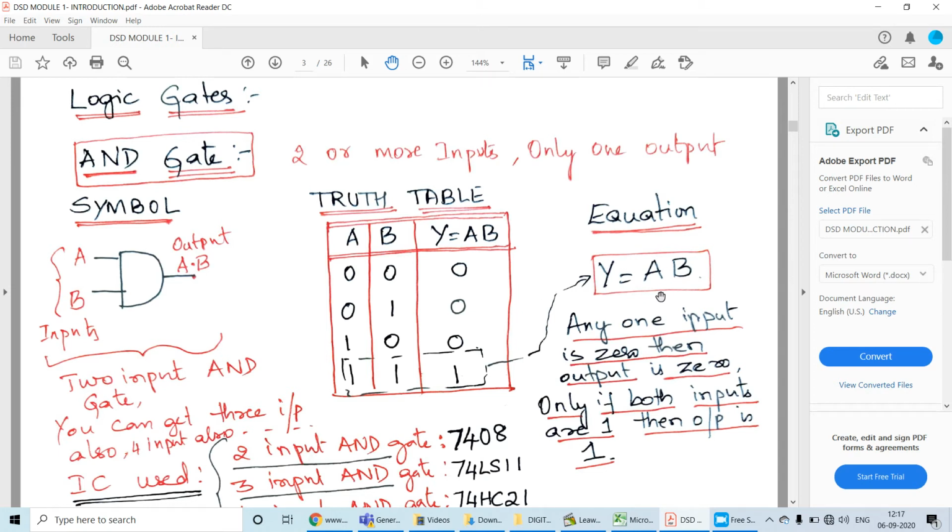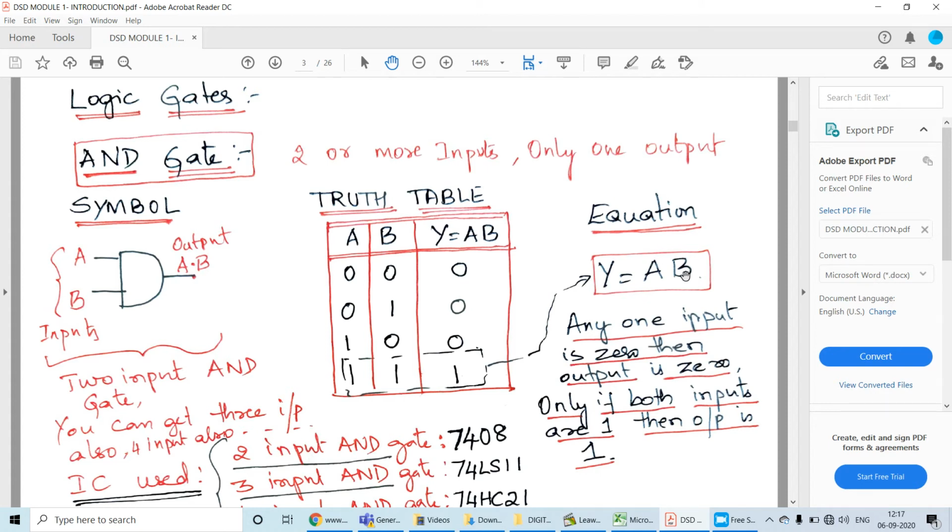So what would be the equation? In this truth table, try to see where 1 is. You should check only the value where the variable is 1. So here the output is 1. For that the input is 1 and 1. So 1 into A multiplied by 1 into B. Therefore A into B, or A and B. We call it A and B. So Y equals A and B is the expression that we get for a 2 input AND gate.